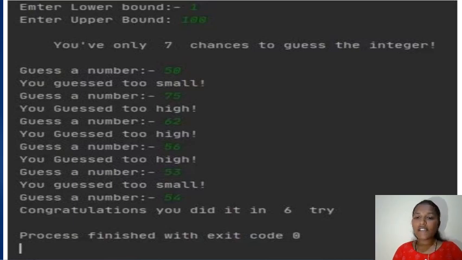We have only 7 chances to guess the integer. It was too small and it displayed too small, and we guessed the number 56. It was too high, and at last we guessed it. It shows congratulations, you did it in 6 tries.